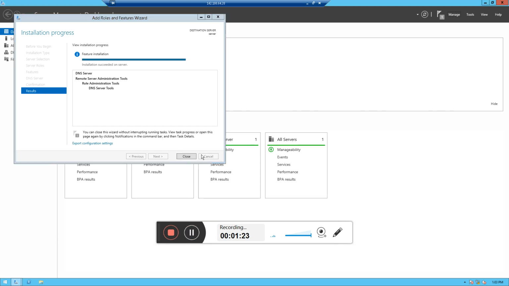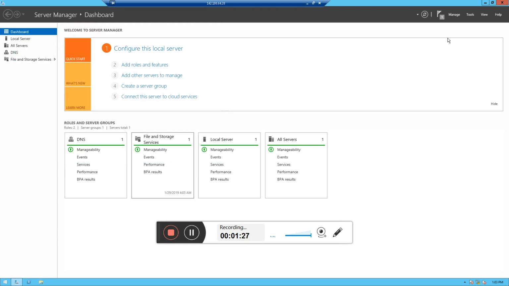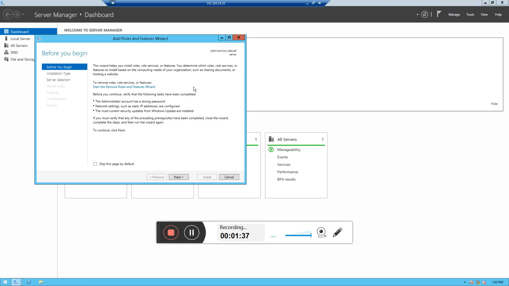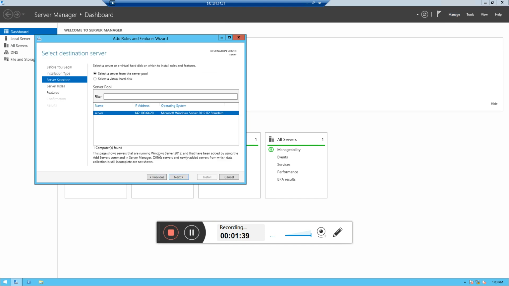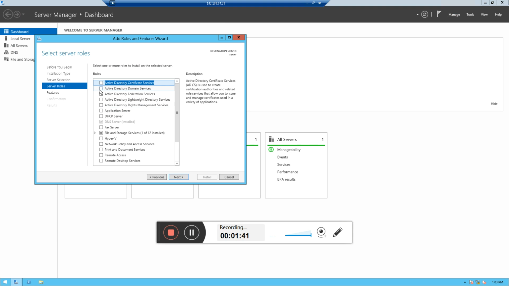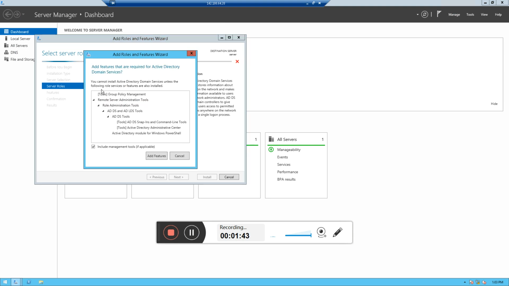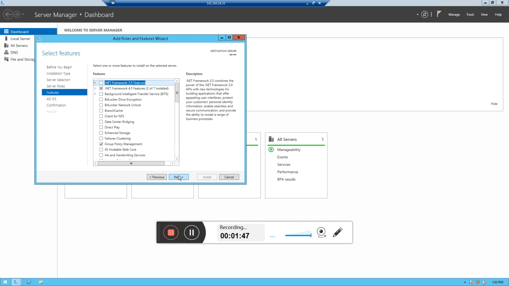So the DNS server installation has been fully completed. I will have to close it. Then let me check the error messages. Okay, feature installation succeeded on the server. We close it and we have another feature, which is the Active Directory. Then you click on Add Feature, Next,